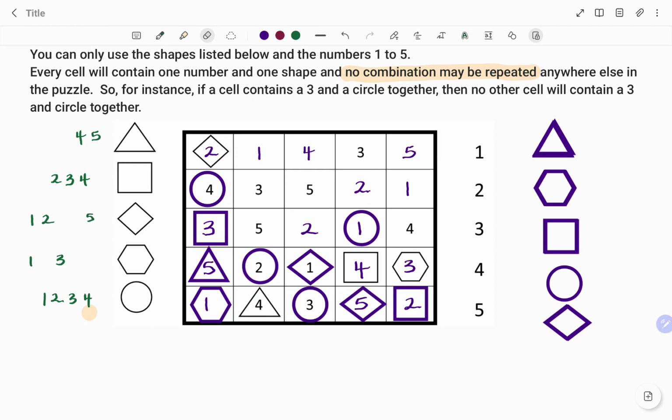If I look at this column, I have a diamond, I have a square, I have a circle. I'm left with hexagon and a triangle. But if I look at the code on my left, I already have the hexagon sitting on a 3, so I cannot have another combination of a hexagon and a 3. So I'm going to place my hexagon on 2,